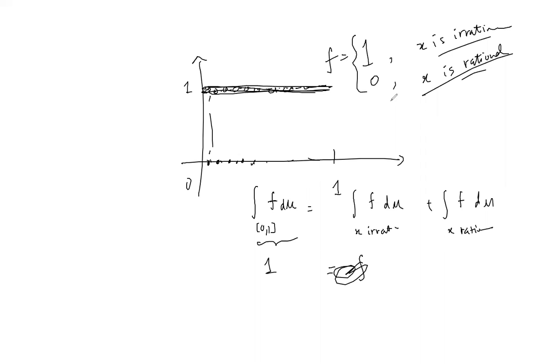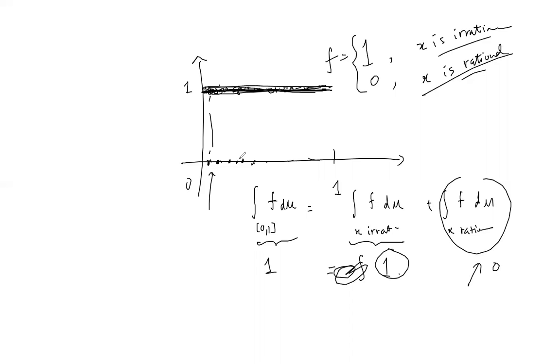Here you know that this set is countable. Which part is countable? The part that's rational is countable, right? So you know this is 0, and therefore this becomes 1. So in this case, only the Lebesgue integral can give you a value, right? But this is easy to do because it's just a step function. In fact, it's just a constant here with a lot of holes.